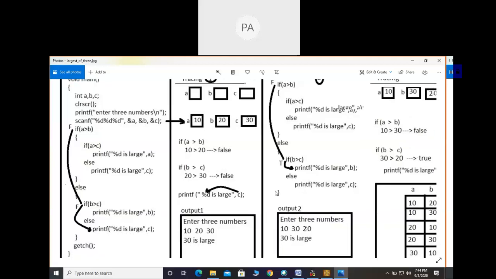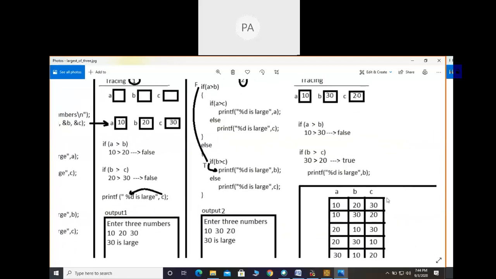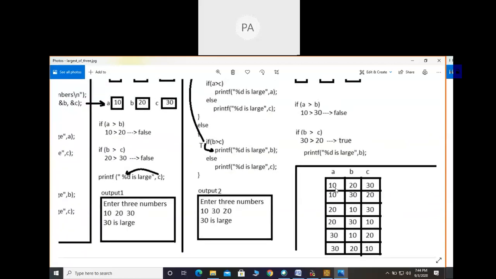Okay. Now one more test case I have written. In the same way we can test for these 6 possible values: 10, 20, 30, 10, 30, 20. That means the first variable A I have taken as 10 two times, then A as 20 two times, A as 30 two times. I think in mathematics you may come across the permutations and combinations chapter, which you have studied in school or college. If we have 3 values, you can take them in 6 combinations. So if your program works for all these combinations, then whatever logic we have written is correct.